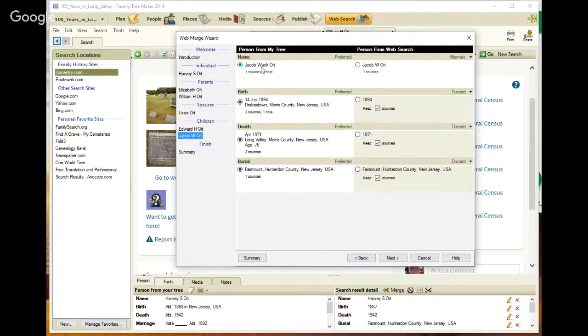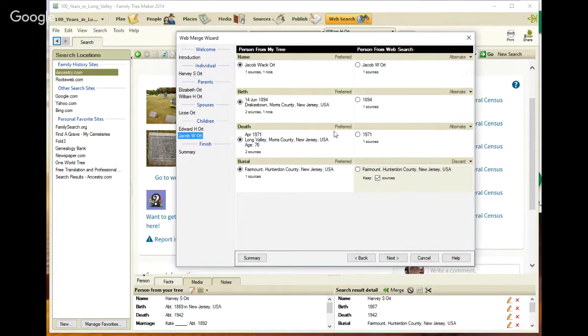Alternate name, I had in my database his full name. You'll see I did not have his full name when I first brought this in, because I learned something when I did this merge. It's not in my record, in my file. I have his full birth date and birth location. What's coming in from the index is just the year. I want to capture that because I'll make it about 1894. His death date, same thing. I want to capture it